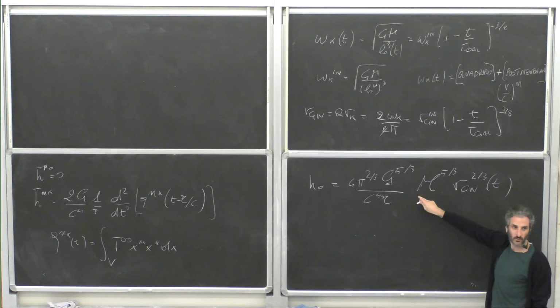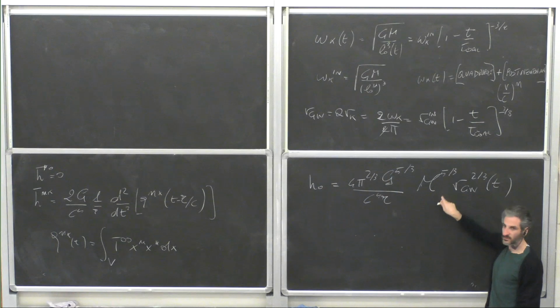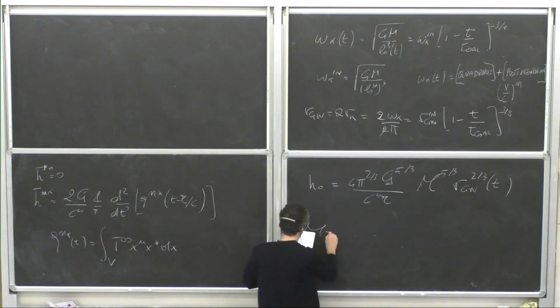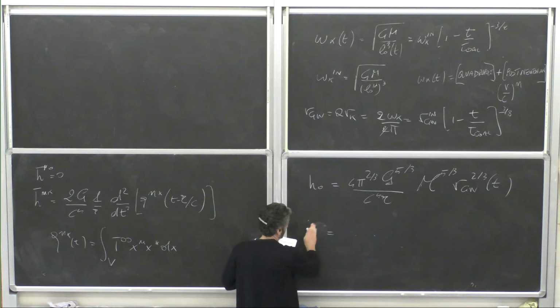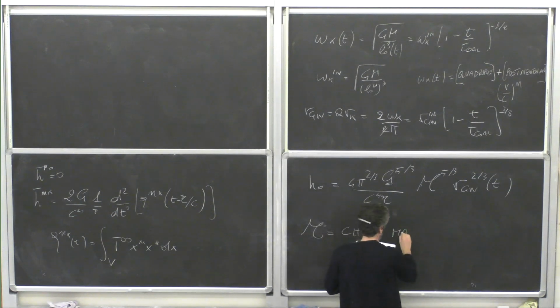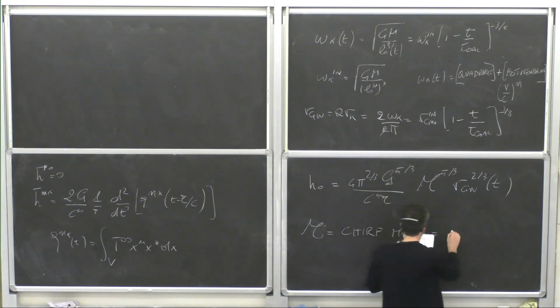Before, there was a product with some powers of the total mass and the reduced mass. But you can cast those two parameters in terms of a single mass parameter, which is called the chirp mass. So this curly M, which is the chirp mass, is equal to